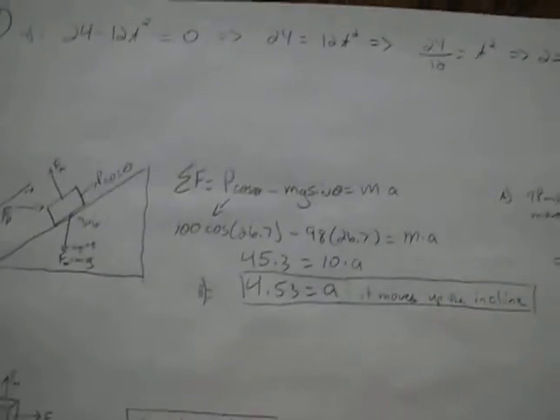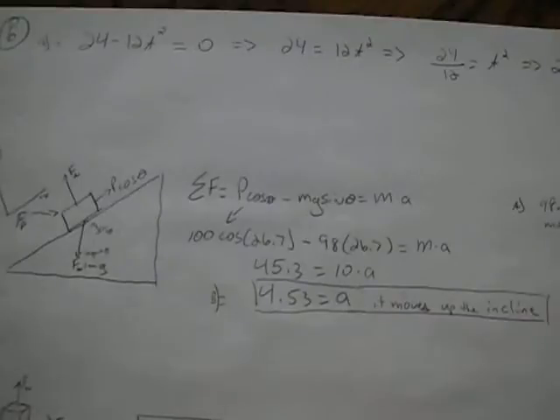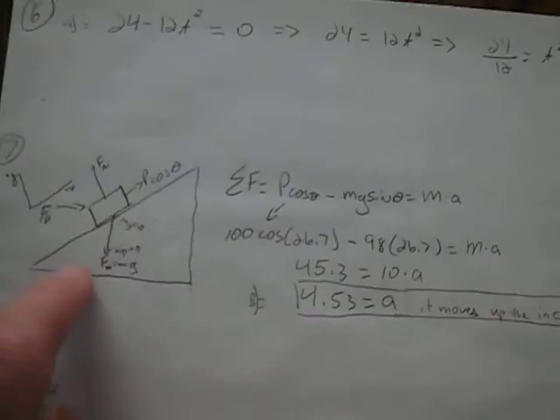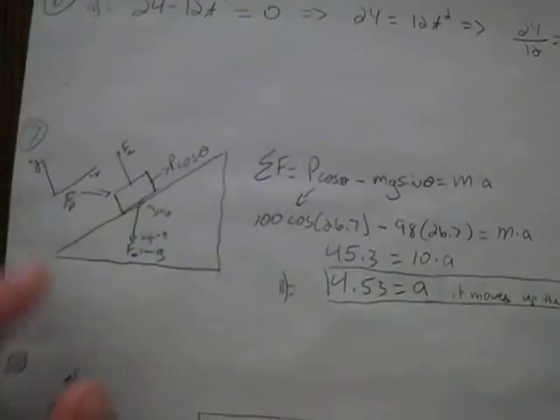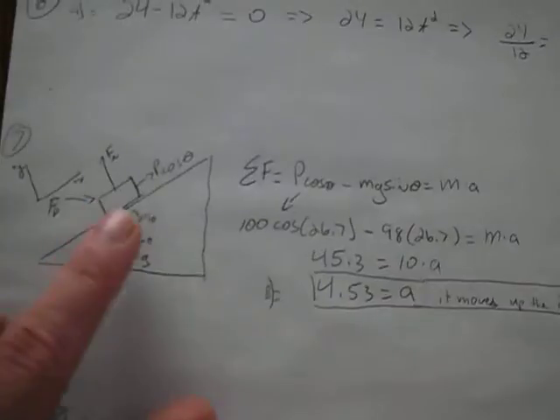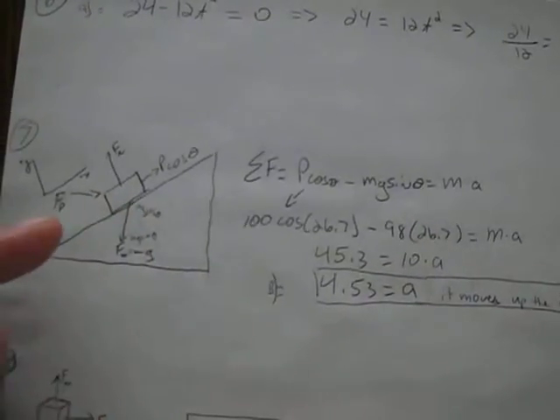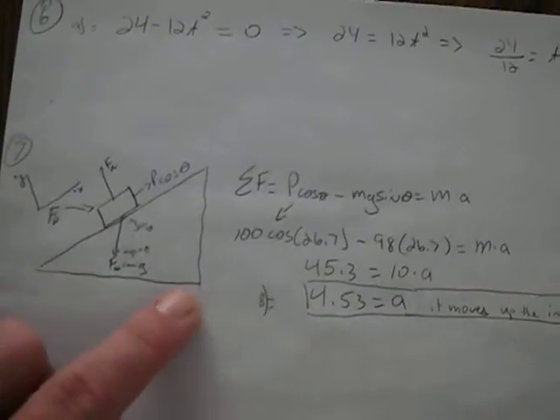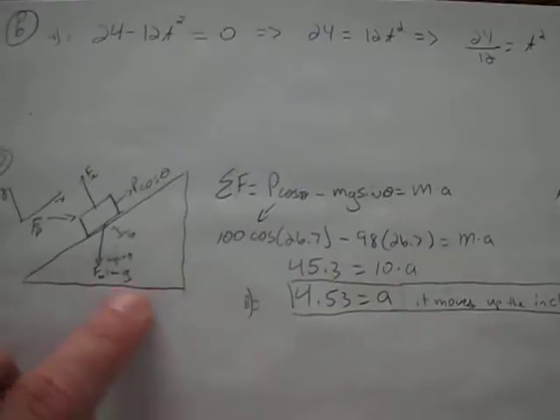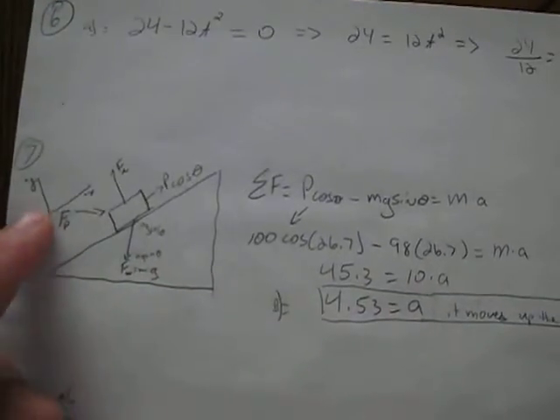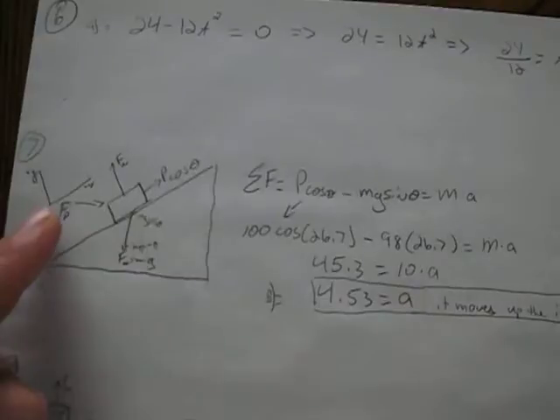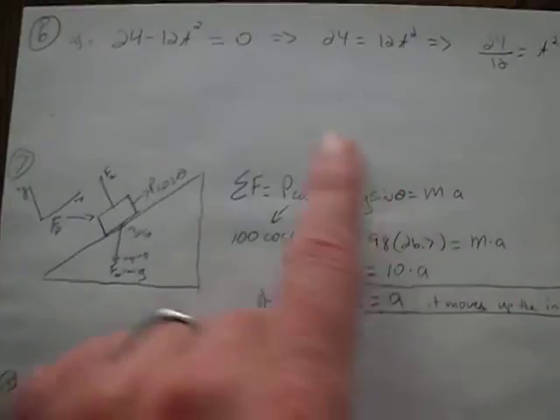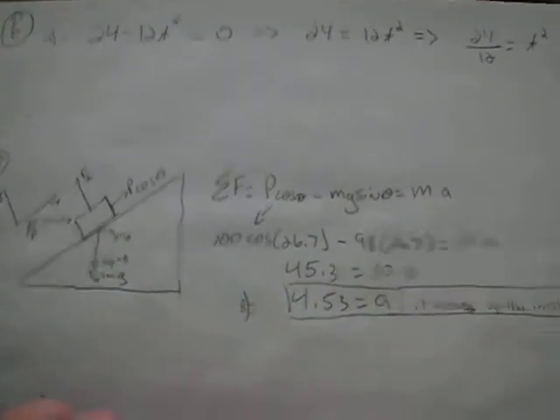Number 7. We were given a diagram with just a solid block going up an incline. We were asked to find the total forces on this block with a push force in the direction of the plane, the horizontal plane. Here's my coordinate system. Here's the sum of all forces equation, and after plugging in the numbers,